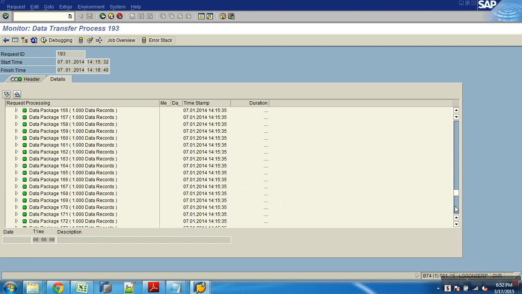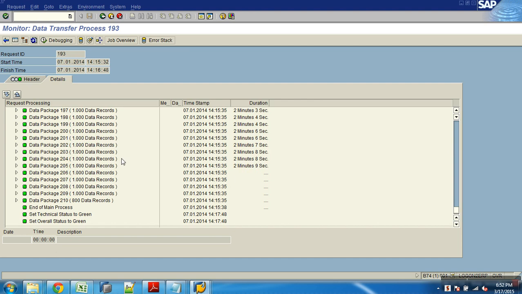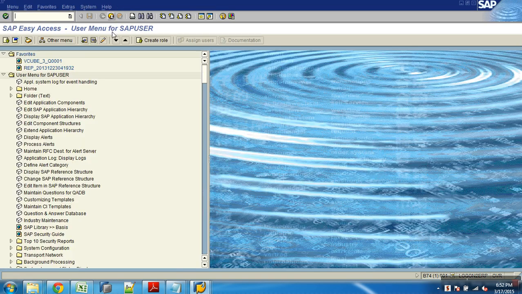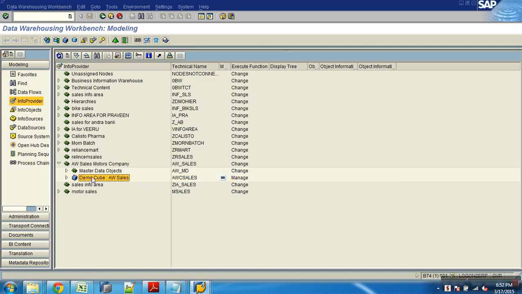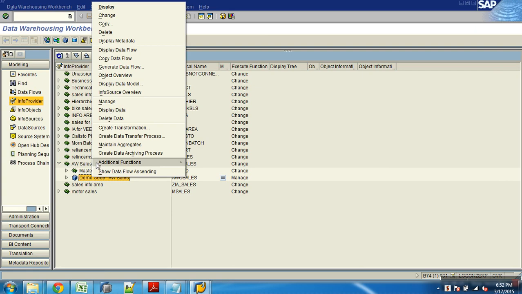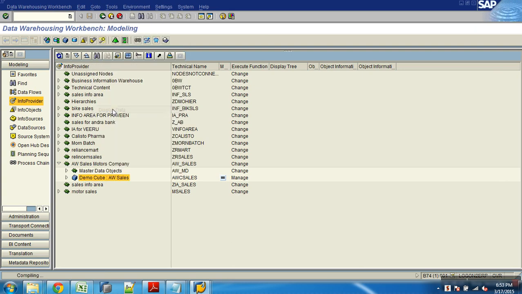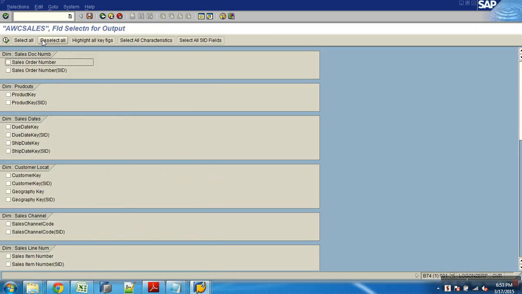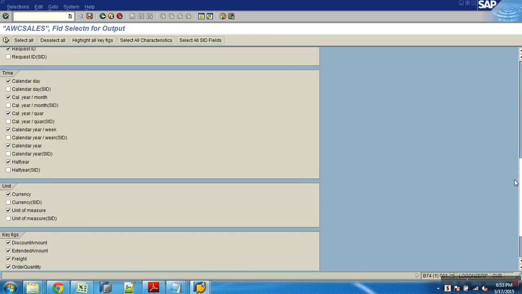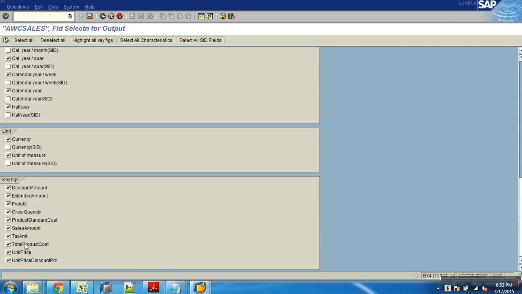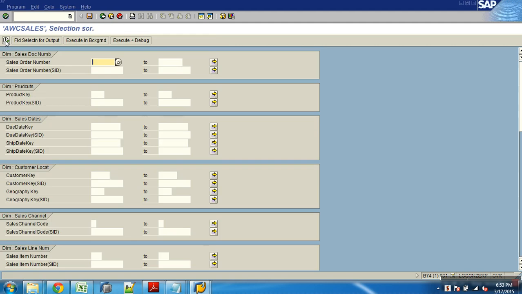So done, all the packets have been loaded. Now my cube is loaded. Once the data is loaded, I can see the data in the cube, normally as you view a file or master data. Right click, Display data. Selection for output: do you want to see all the characteristics? I'll say yes, I want to see all the characteristics. Along with characteristics, it also gives you SID numbers. I don't want the SIDs. All the keywords are already selected, so all characteristics, all keywords, done.